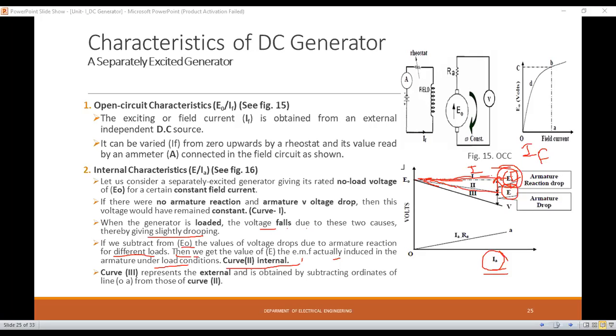Now the third characteristics, that is, if the armature drop is taken into account. Do you know that the equation in case of a generator is terminal voltage V equals induced EMF EG minus IA into RA drop. Okay, so if this IA into RA drop is taken into account, that is, armature voltage drop is taken into account,